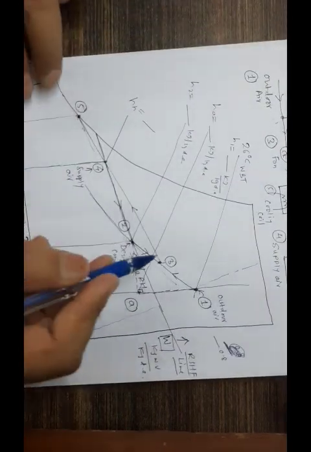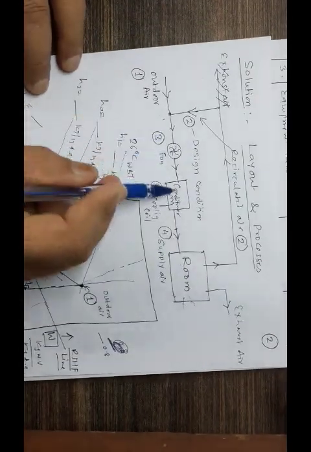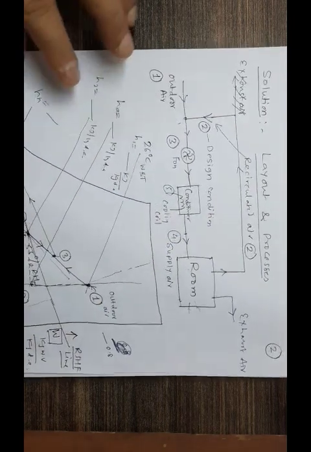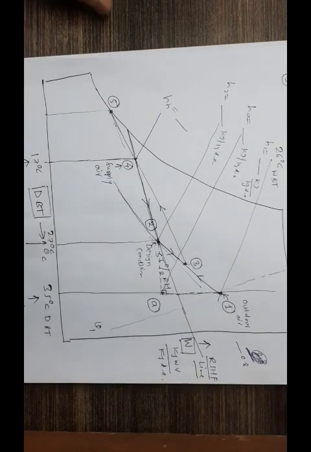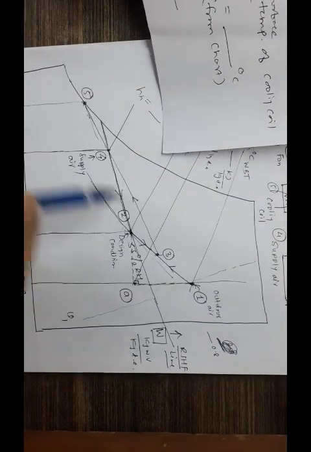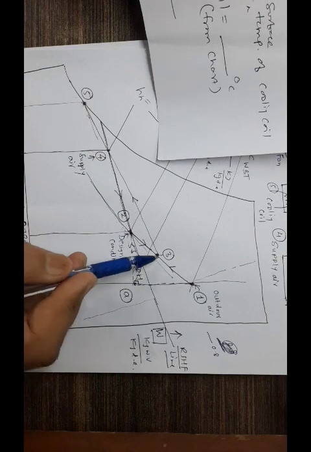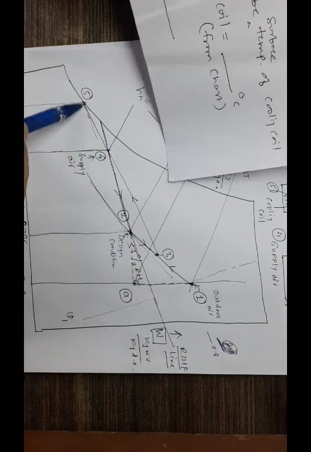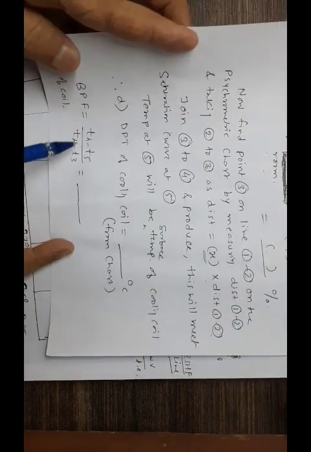It's obvious that your air is flowing in at 3, moving out at 4, but your coil is maintained at 5, so there has been a bypass here. It's definitely possible to find out a bypass factor, although not asked, but let us add it here. So the bypass factor is equal to, what is the ideal thing that should have happened? 3 to 5. What actually happened? 3 to 4. What has been bypassed? 4 to 5. So bypass is 4 to 5, that means T4 minus T5.